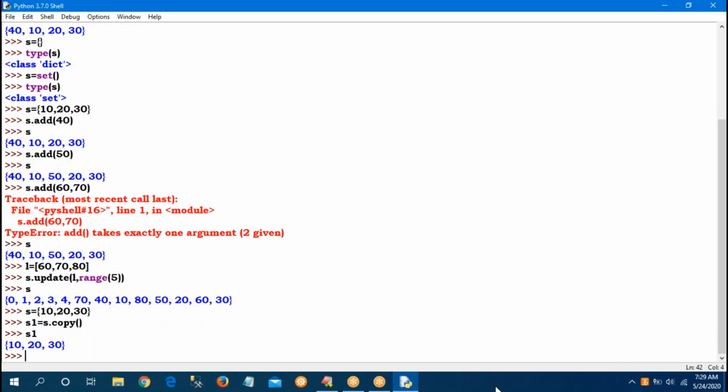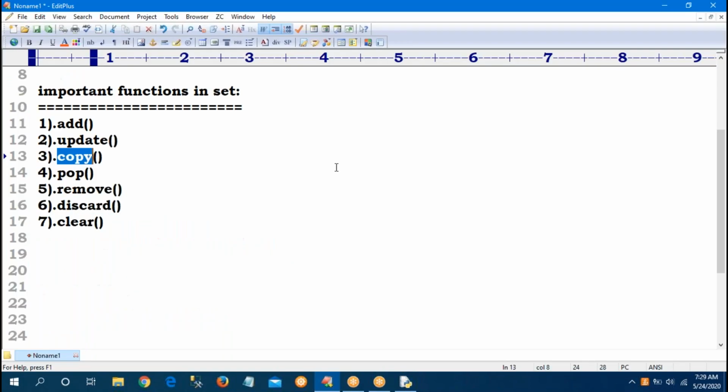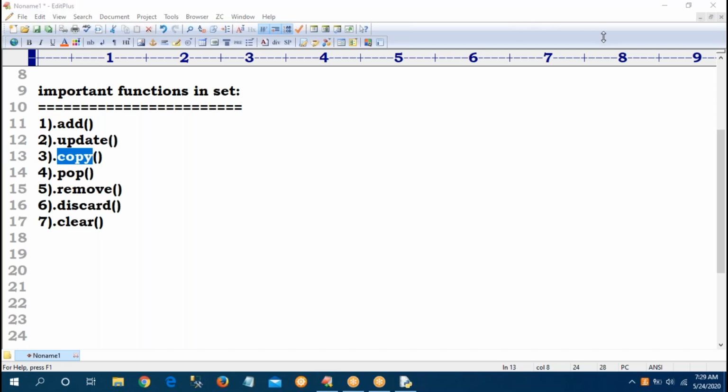Sir, for the copy function, more explanation is not required, because in yesterday's class we discussed equal to and copy. Equal to is meant for aliasing, copy is meant for cloning. Already we know that way. I don't want more discussion about those things. Next one,